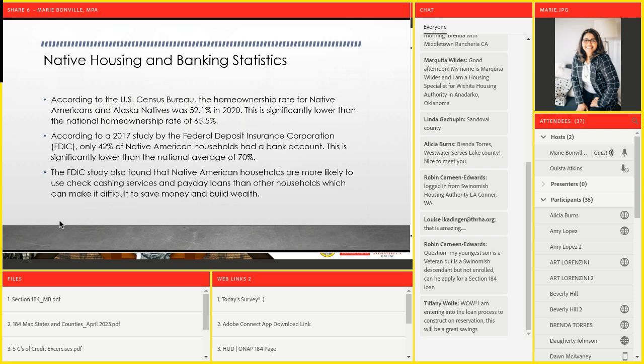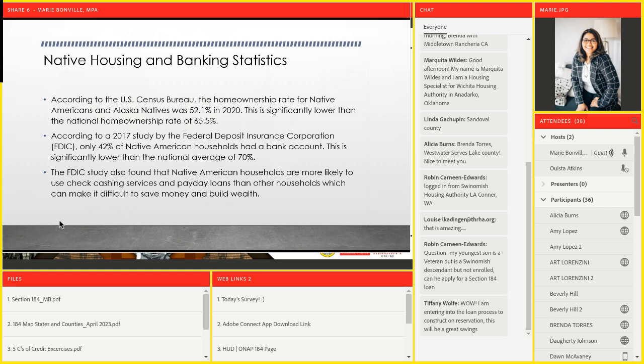And this is lower than the national average, which is 65.5, right? A 2017 study from the FDIC showed that 42% of our households are underbanked, right? This is significantly lower than the 70% national average. And then lastly, they also found that these households are more likely to use check cashing services and payday loans